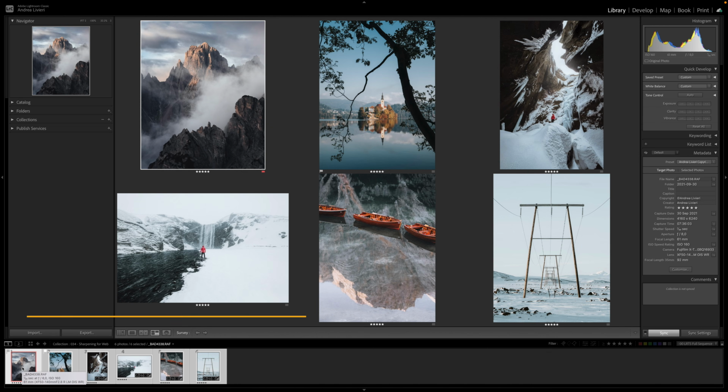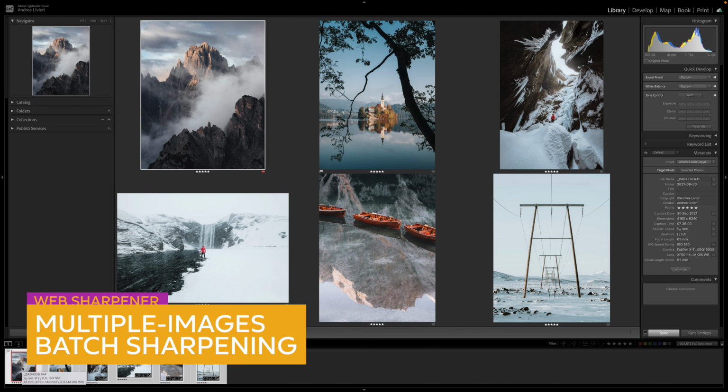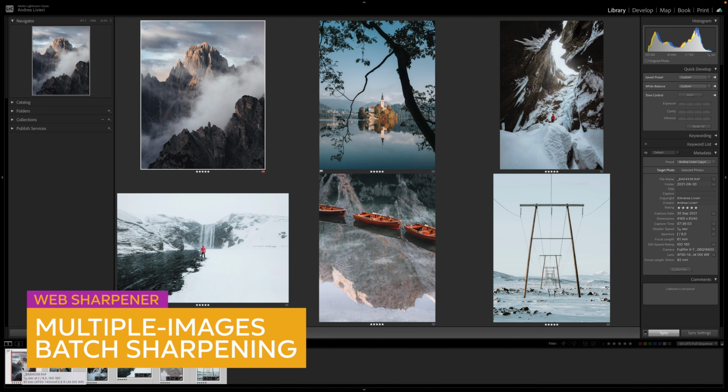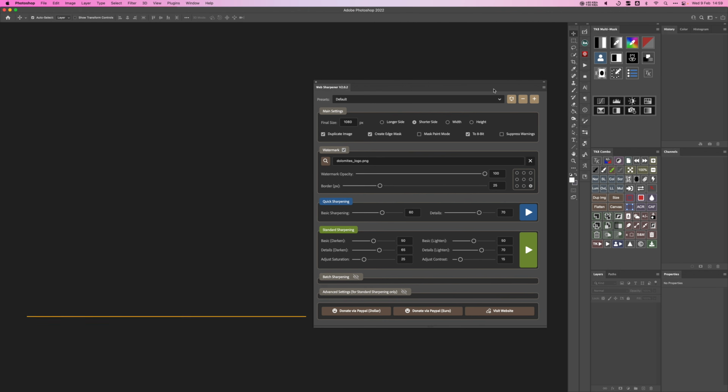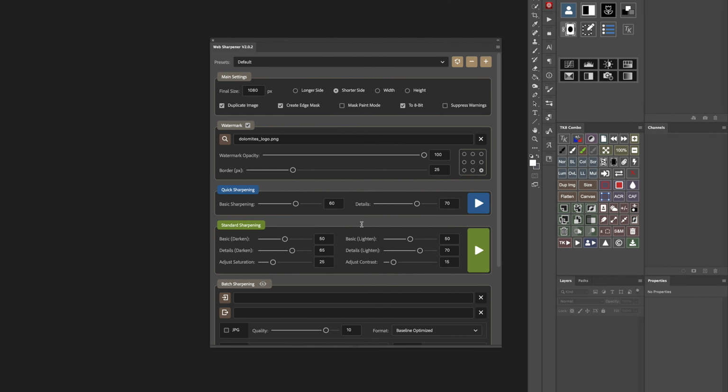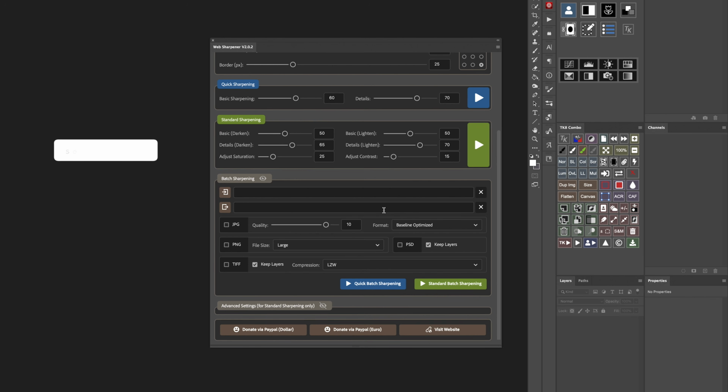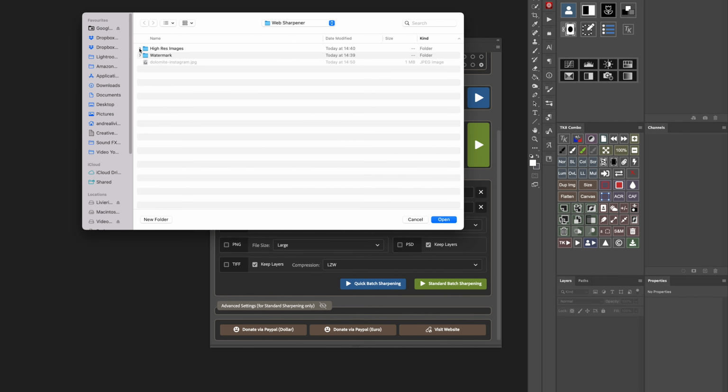Before leaving, I want to quickly show you how to sharpen a sequence of multiple images in batch mode. Super easy process. Okay. Let's go back to the Web Sharpener panel, and we are going to click over Batch Sharpening to reveal the section's controls. We're going to click on this icon, and here we can select the folder from where to load